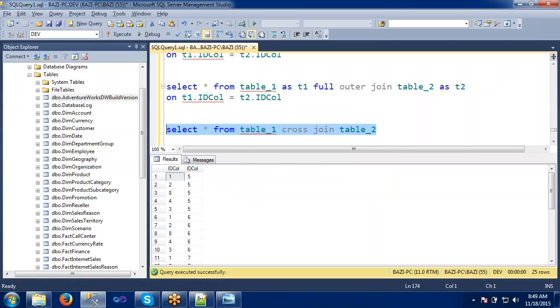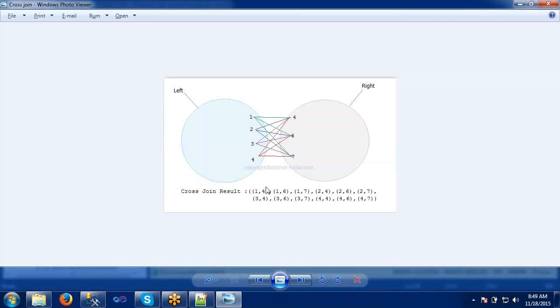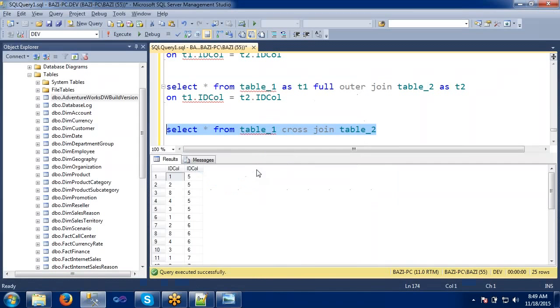So the same way here, 1 5. Is there a 1 5 in our combination? No, it should be 5 in the table, I think. Yes, it's missing somewhere. So the first table's 5, the second record with the 5, the 8 record with the 5, the 4 record with the 5.